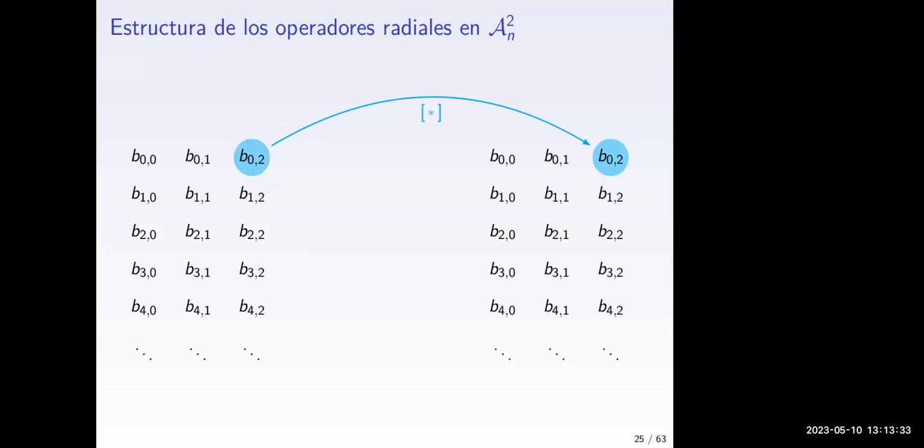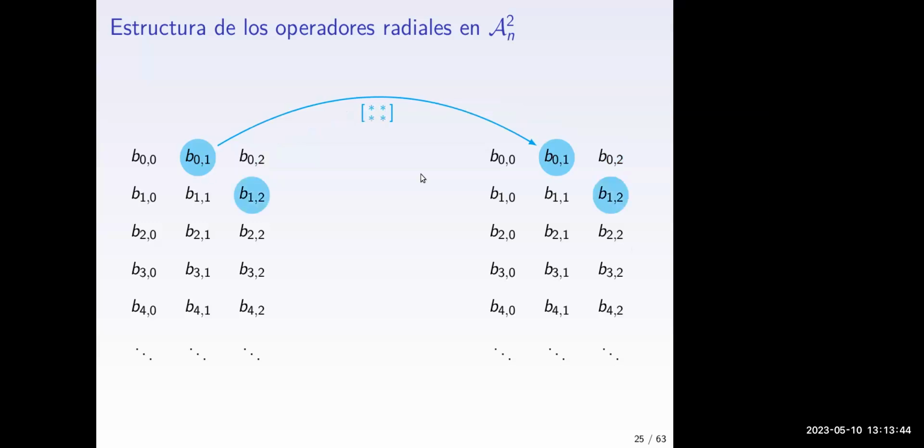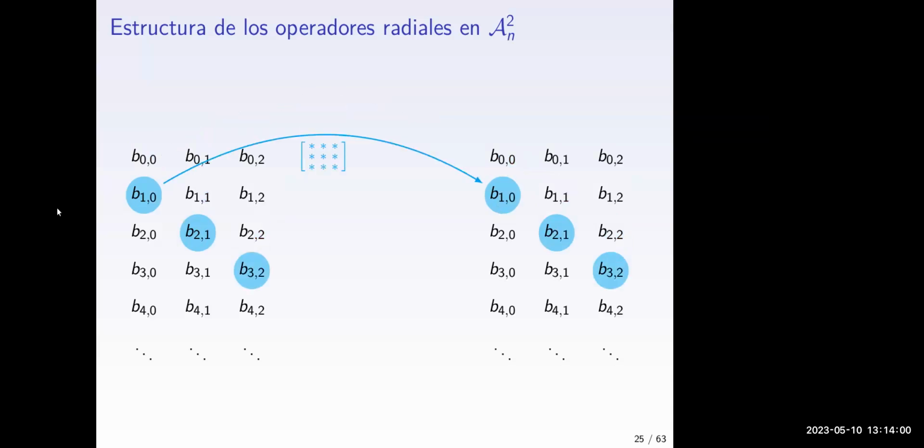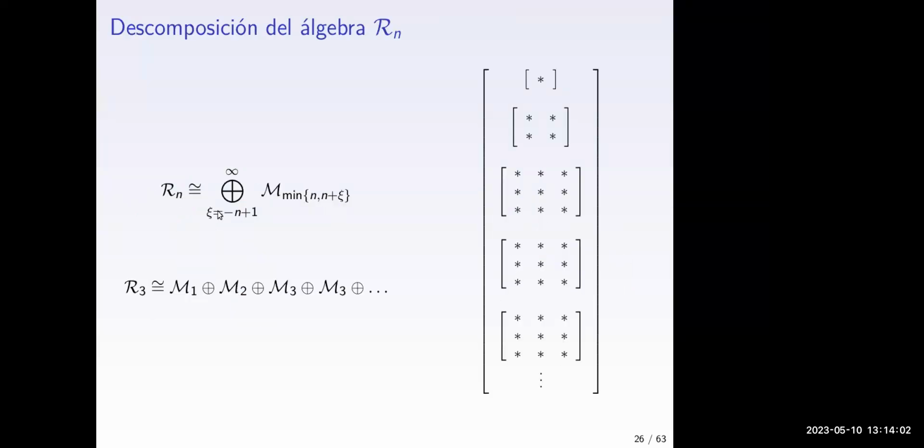a sequence of matrices, as you can see here in this diagonal -2. We can have this matrix, this number. In the following diagonal, we can have another matrix. In the zero diagonal, we can construct the next matrix, and the next, and the next, and so we can see a radial operator as this sequence of matrices.